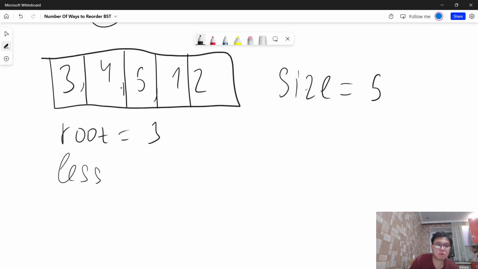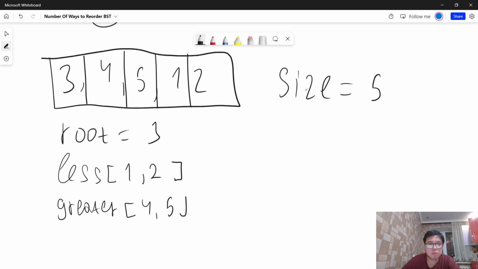Let's write it less, for example, and it will contain numbers which are less than 3. So it will be 1 and then 2. This array will contain 1 and 2. Next, our array is greater, so it will contain numbers 4 and 5. So there we will find the number of outputs and the number of ways of reordering by using the formula of